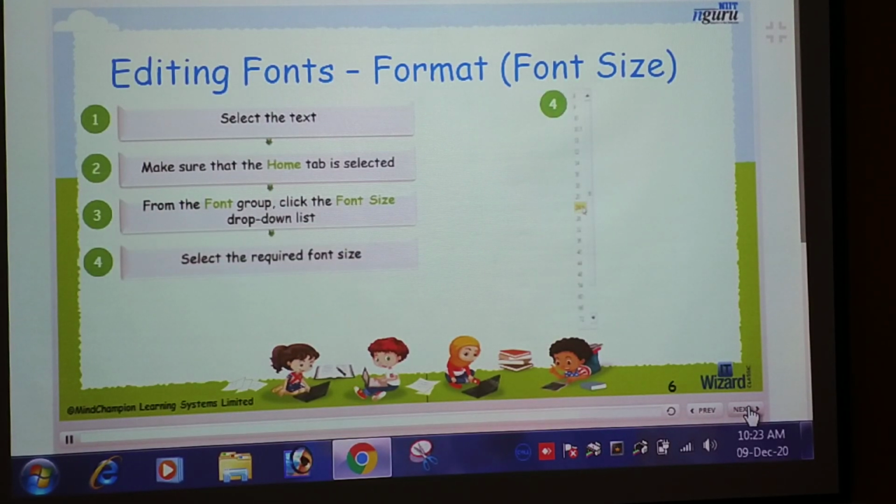Then select the required font size. Suppose you want to select 24 font size. Okay. Then the font size changes.